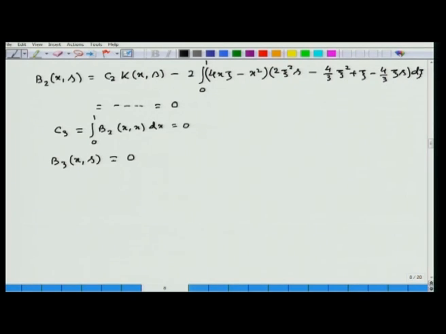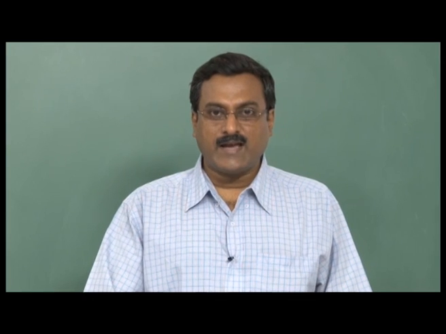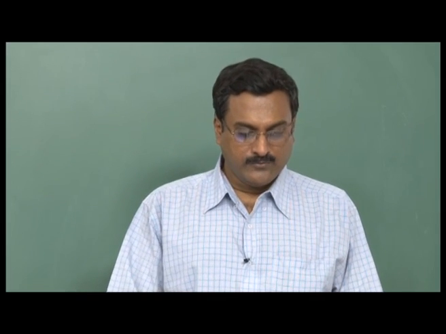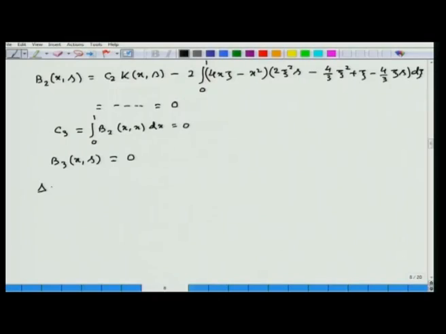and hence all the constants C3, C4, C5 and so on are identically equal to 0, and the functions b2(x, s), b3(x, s), all these functions are also equal to 0. That means b4, b5, all of them are identically equal to 0, and therefore, delta(λ), that is the Fredholm determinant, is given by 1 − C1λ + C2λ²/2, that is equal to 1 − λ + λ²/18,